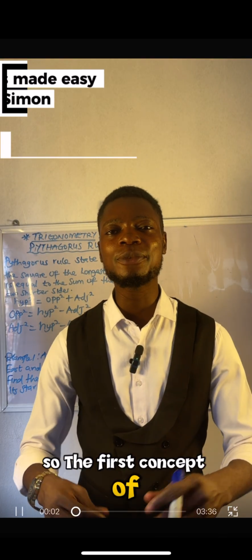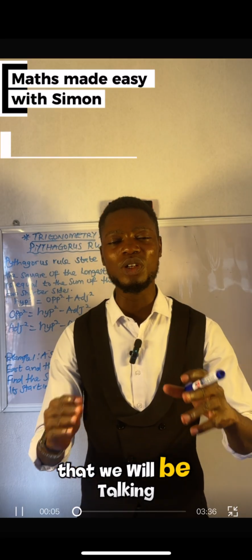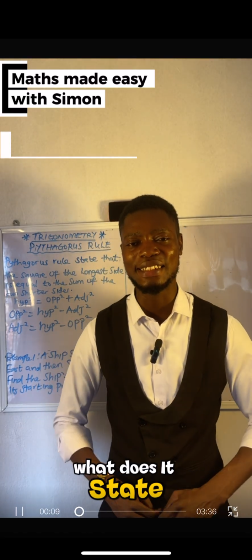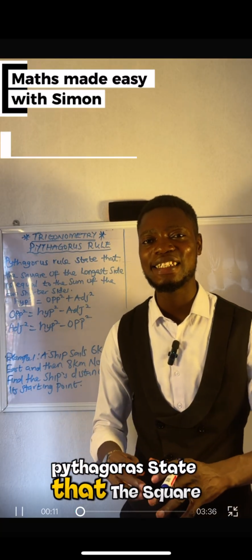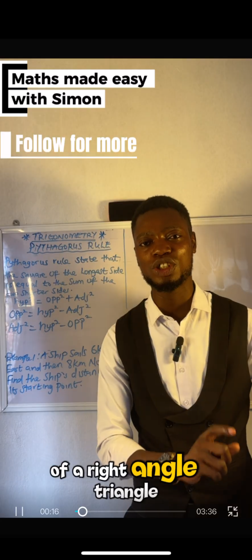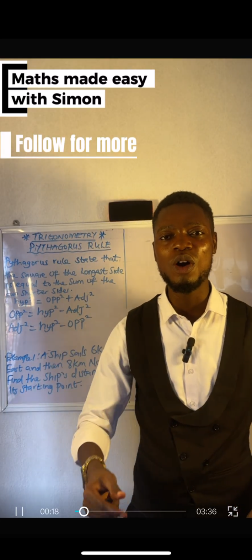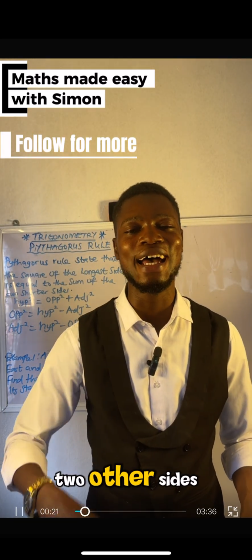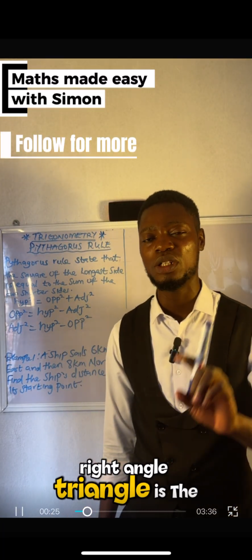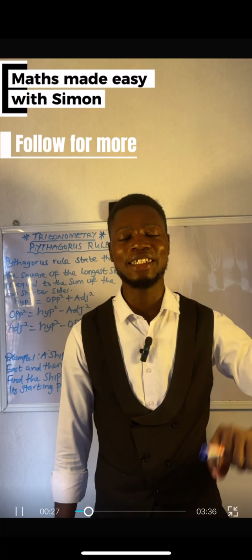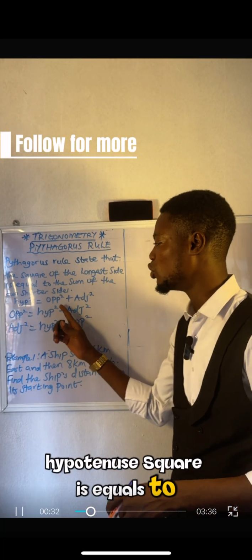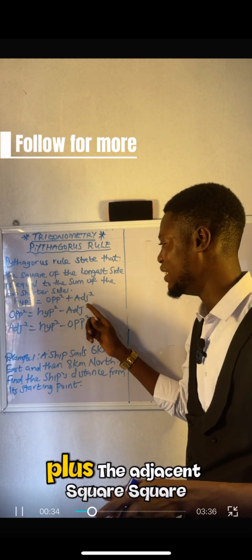So the first concept of trigonometry that we will be talking about today is the Pythagoras rule. What does it state? Pythagoras rule states that the square of the longest side of a right angle triangle is equal to the sum of the squares of the two other sides. That is to say, the longest side of a right angle triangle is the what? Good. Hypotenuse. Putting that together, we can say hypotenuse square is equal to the opposite square plus the